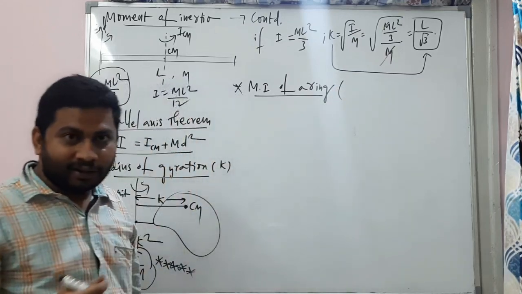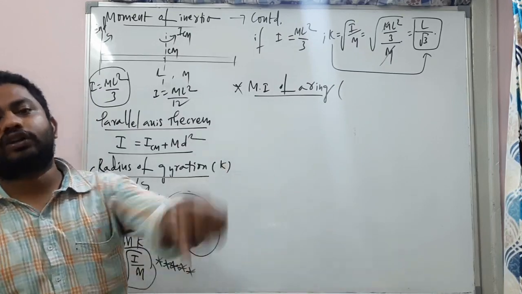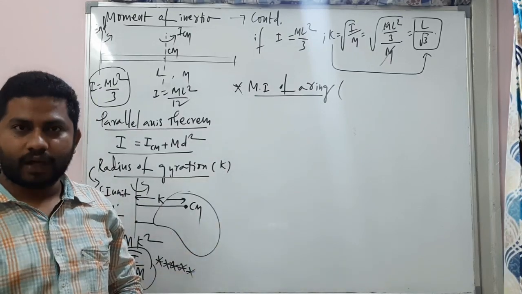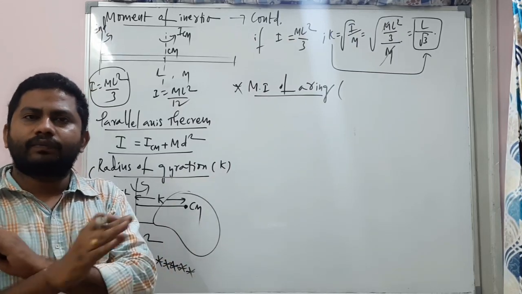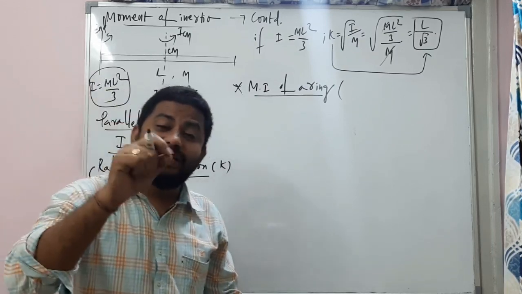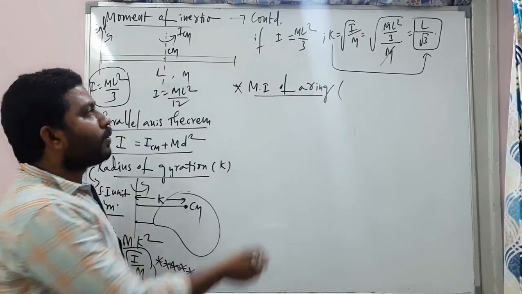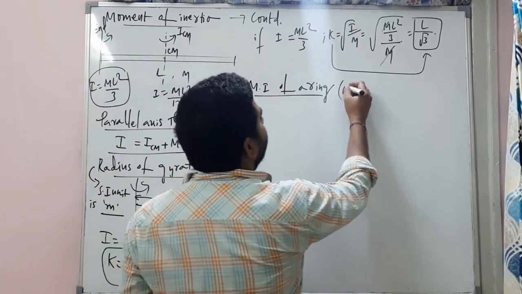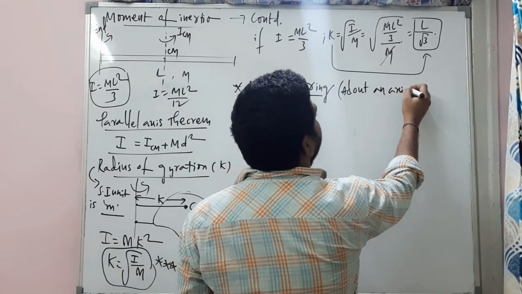I told you, right? You should not simply say work done. Work done by what force? That you must mention. Similarly, you should not simply discuss moment of inertia. Moment of inertia of a body about what axis of rotation? That is important. Okay. Moment of inertia of the ring about an axis, observe,